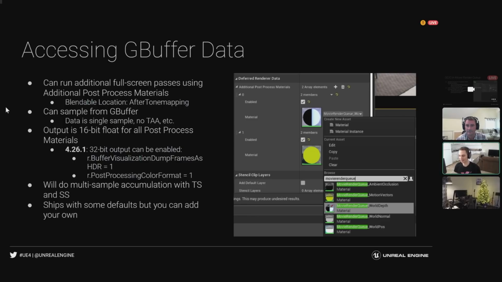However, if you're using multi-sample accumulation in the movie render queue, we are going to be averaging those results that we get back out. We talked about earlier with the anti-aliased depth buffer for depth of field. Again, it's not technically correct because those pixels no longer have the correct depth values. But now with the multi-sampling stuff, you can start to get access to some of those gbuffers and apply a form of anti-aliasing. Again, it doesn't make sense in all cases. Like if you take world normals and you average out world normals, that doesn't make sense on edge pixels.